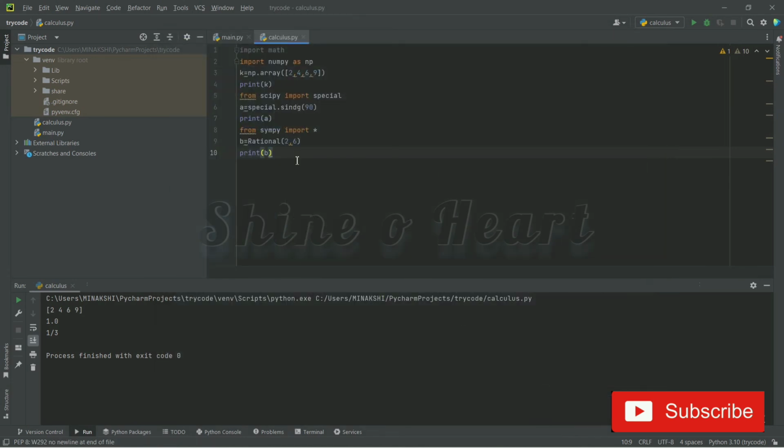So let us try this here. I've used three of those packages. Try to run this. This is the one which worked by Numpy. Then this is the one by Scipy. And here I have Sympy. So all